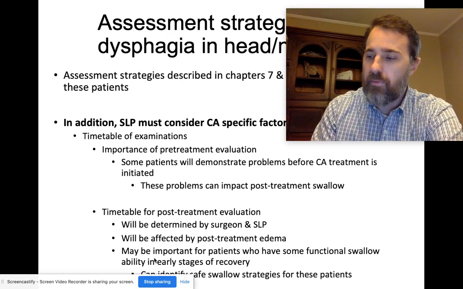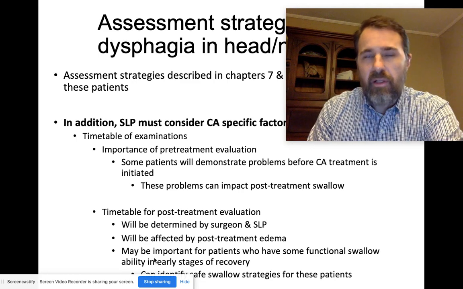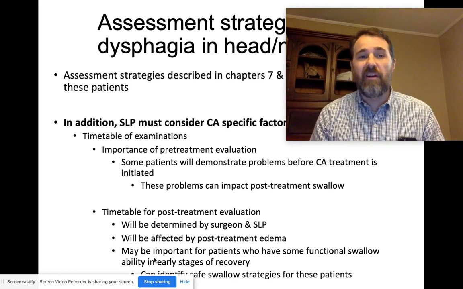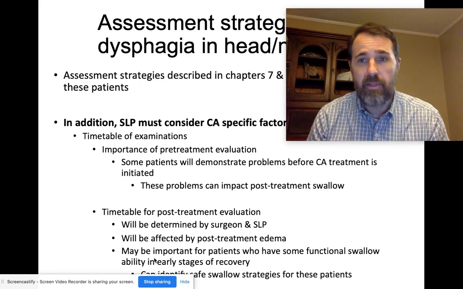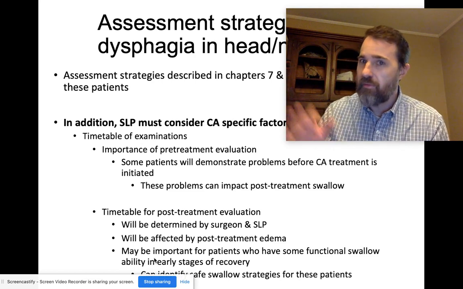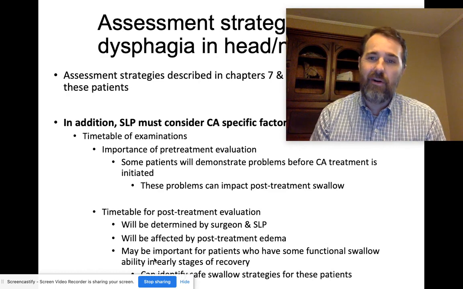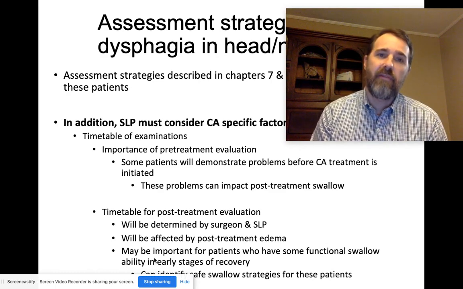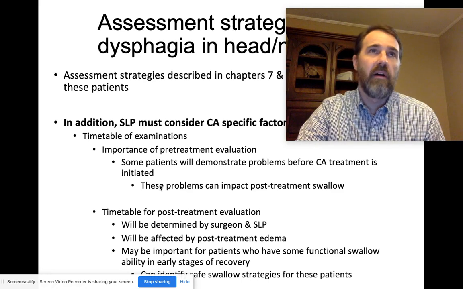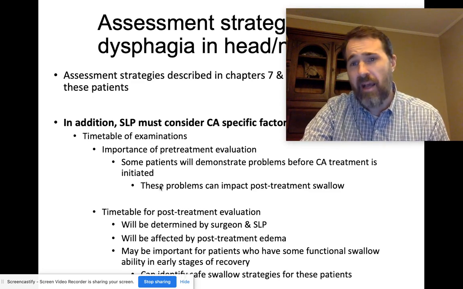All right, let's move now into assessment and treatment. Largely, assessment of dysphagia in cancer patients, those strategies are going to mirror our general assessment strategies, procedures that we use in dysphagia, and we're going to cover those a little bit in the future. But there are some considerations that are specific to the cancer population: the timeline of the surgery, timelines of radiation, timeline of chemo,